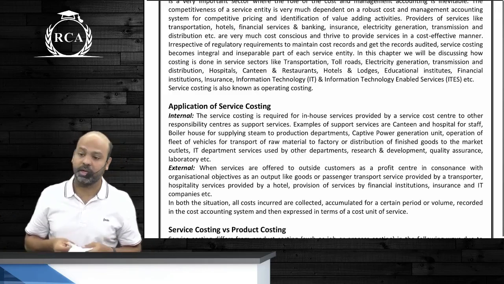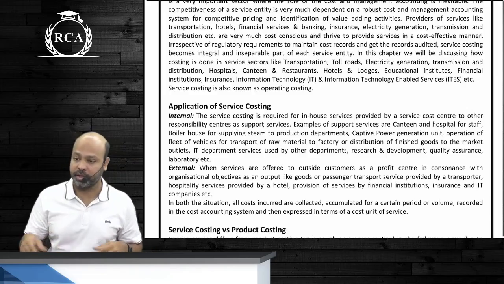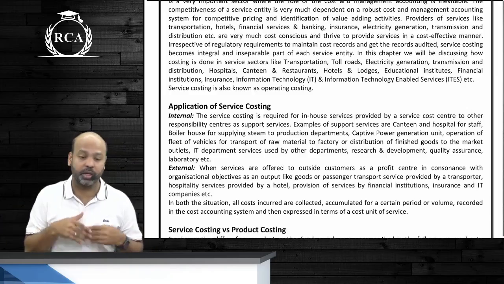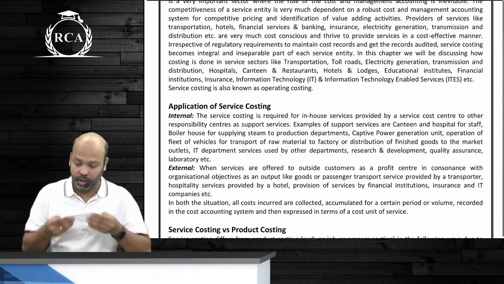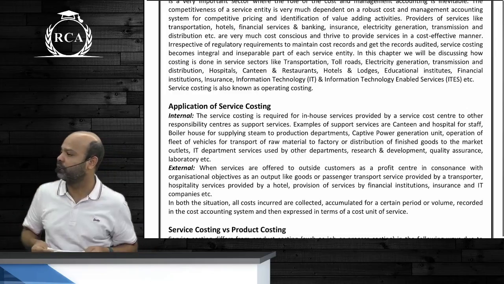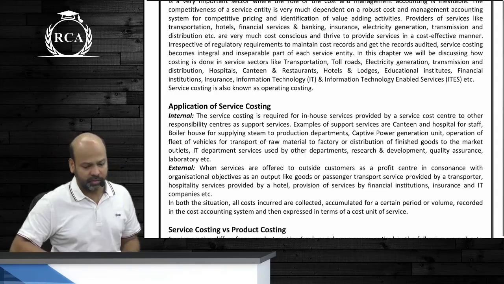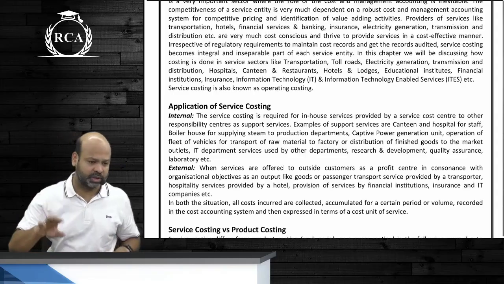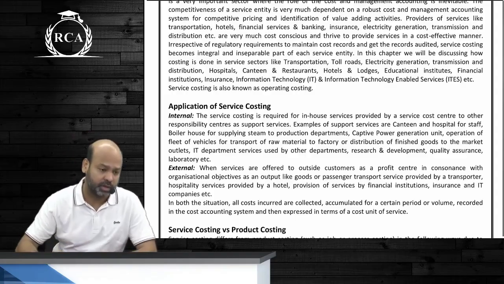So there can be multiple industries as such beta that are engaged in the business of rendering services. Majority of the questions that come in the examination for us would be related to transportation business or it will be related to hotels or hospitals. These are the usual industries as such beta that they cover. They have a list of multiple industries as such guys. We're going to solve questions on all of those industries here.